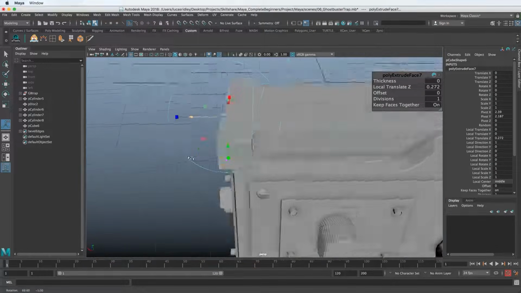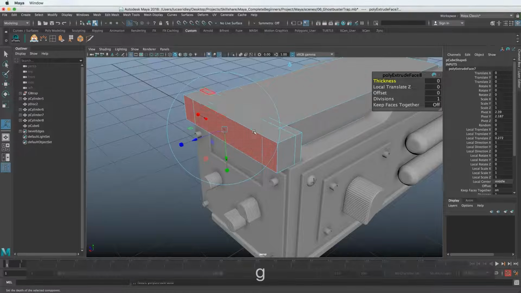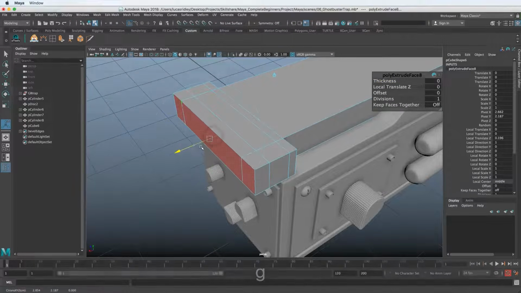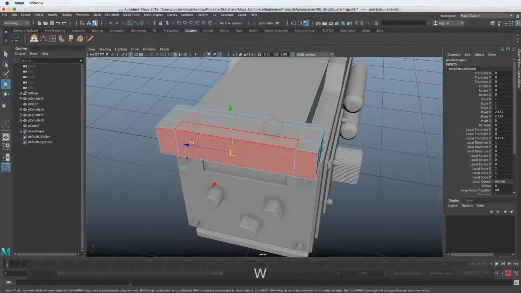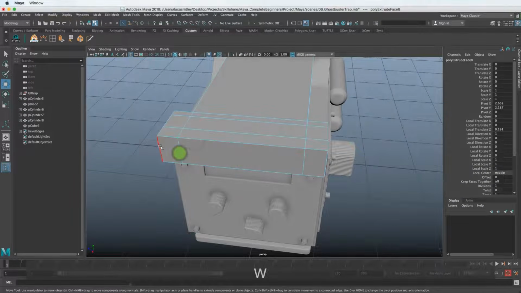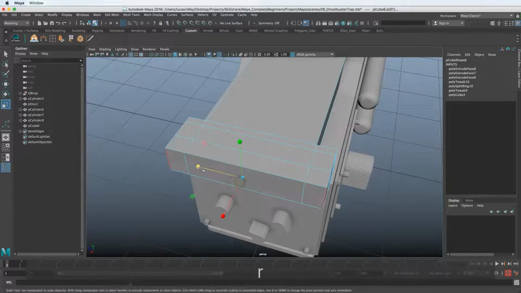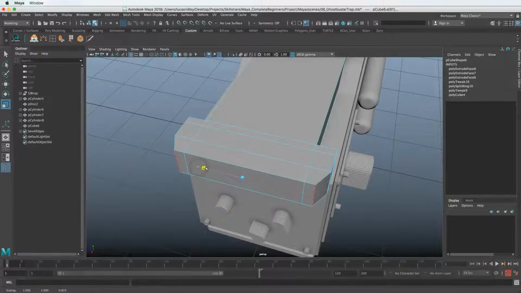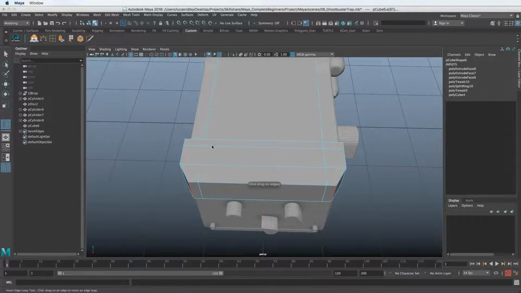And because I know we're going to want to extrude this next one by hitting G, instead of scaling in on all the faces so that these edge loops stay straight, I'm just going to grab these two edges and scale them in, because I want to keep those inward edges straight, because what we're going to do now is add an edge loop here. And if those were crooked, it would follow it here, right? And we don't want that.